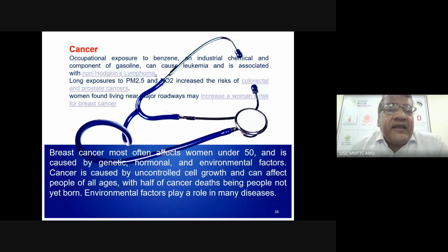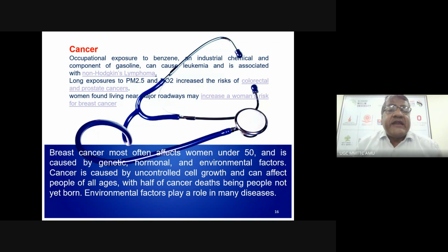Prostate cancer is a cancer of males. The prostate is a small gland which lies at the first part of the urethra in males, around the urethra. When it enlarges, it is known as prostatitis or BPH, benign prostatic hypertrophy. Prolonged exposure may also give rise to prostate cancers.